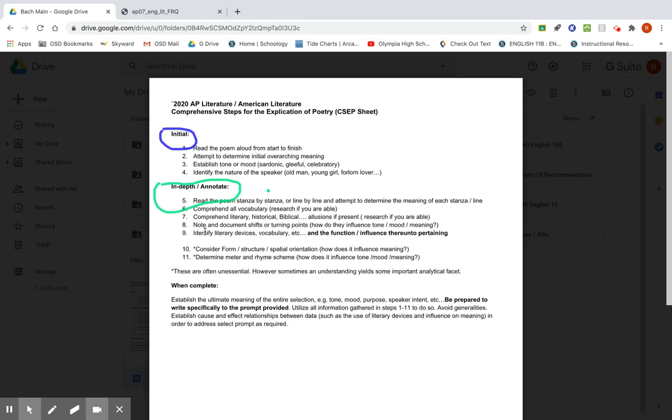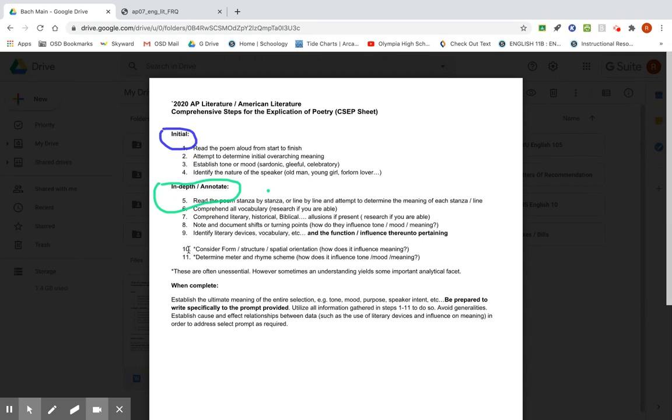And then we're going to identify literary devices and try to determine the function that those literary devices have on the meaning of the poem as a whole or as a part. And we're going to talk about that, and I'll model that for you in just a minute. And then I have two